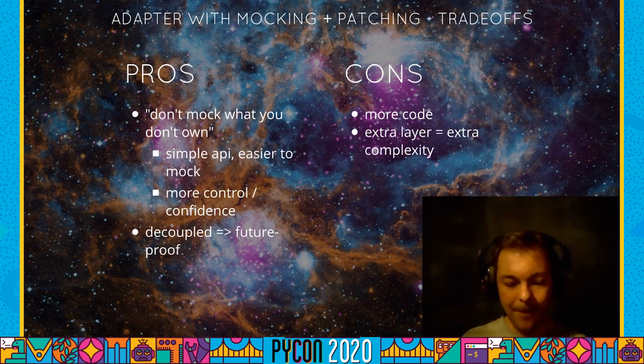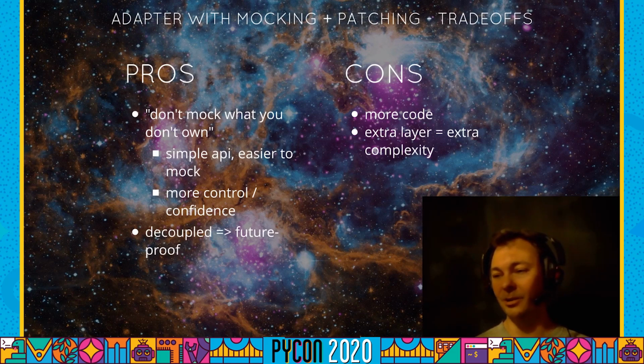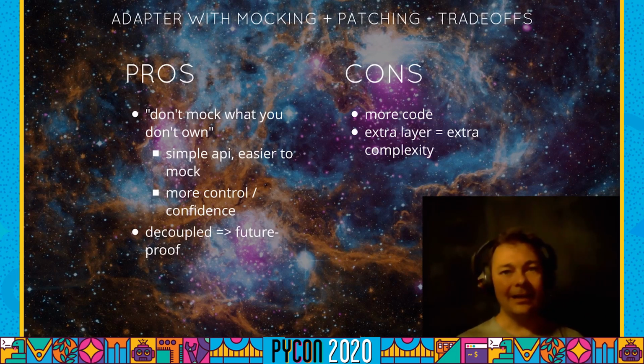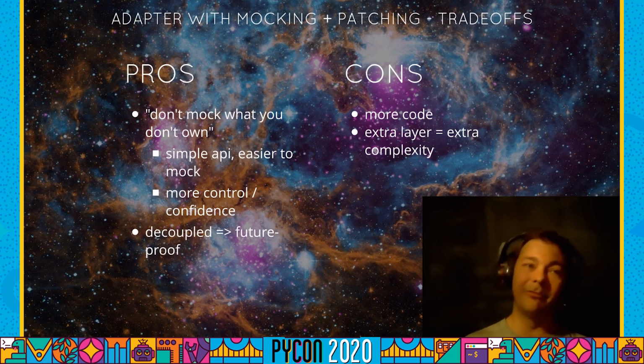But when I mock out my cargo API class, it's much simpler. I don't need to worry that my code... I know that it only has two possible functions, sync and get latest ETA, so I don't need to worry whether or not I'm calling post or put or patch or options or whatever else. And it means that the mocks are easier to write and that I have more confidence about what my code is actually doing because my mocks are simpler.